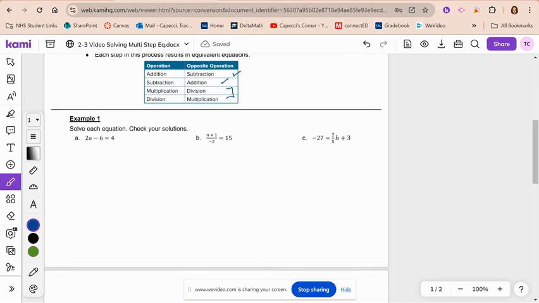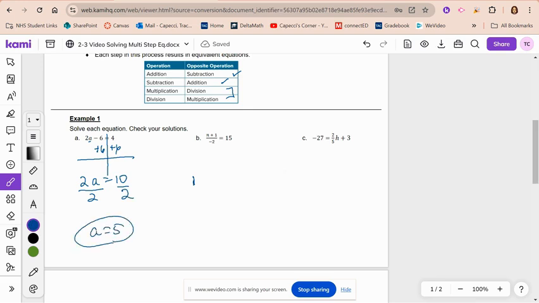So let's get started. Let's look at example 1. So here's our wall, right? So I want to get this a by itself. So that's the last thing that I'm going to do, right? When it says solve, I want the variable by itself. So I'm going to do the opposite operation, add 6 to both sides, and I have 2a is equal to 10. So it's 2 times a, so again, my opposite operation is divide by 2, and I have a is